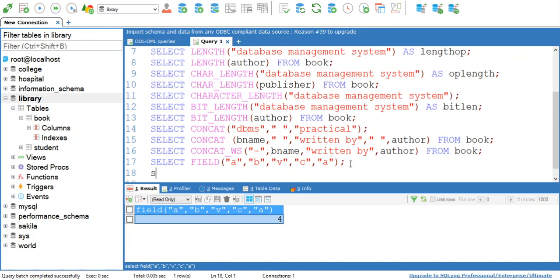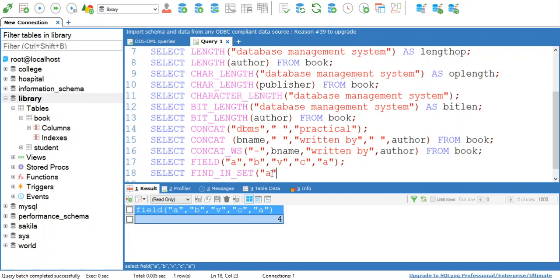Then my next function is find in set. Find in set is used to find out the index position of a string in a subsequent string. It is used to find out the index position of the first argument in the second argument.